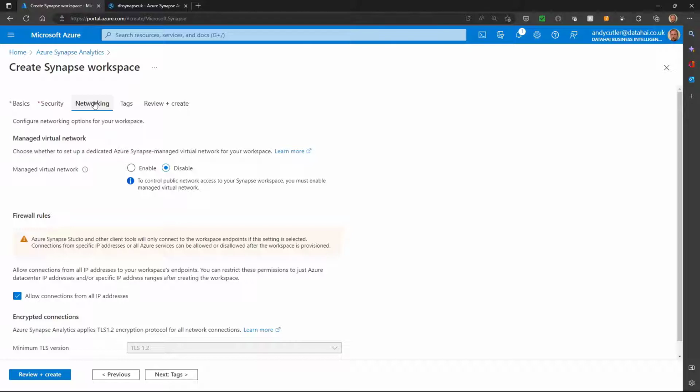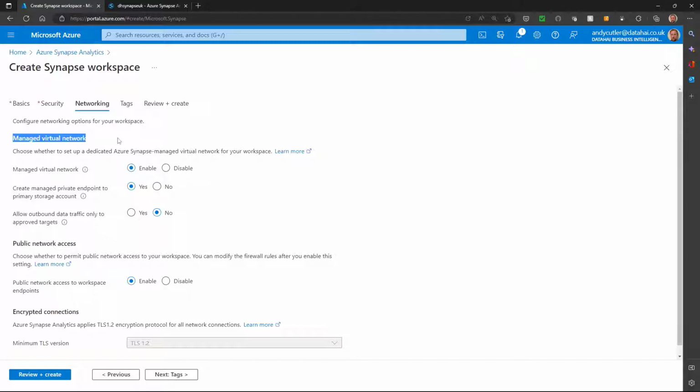Now currently this is only possible when you create a Synapse workspace. You can't amend the setting afterwards. But what we can do is we can enable what's called a managed virtual network. And what this will do is this will create the Synapse Analytics workspace within a Microsoft managed VNet. Then what we can do is we can create private endpoints to be able to communicate with the services inside